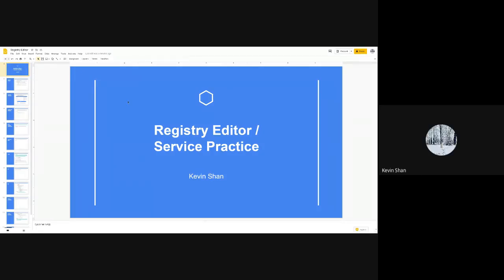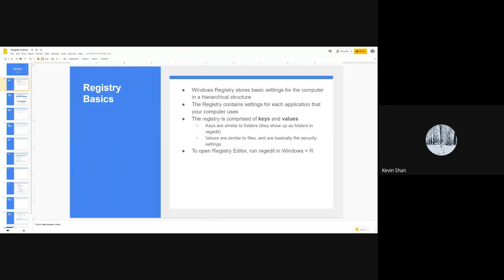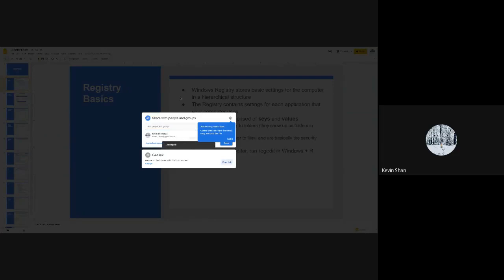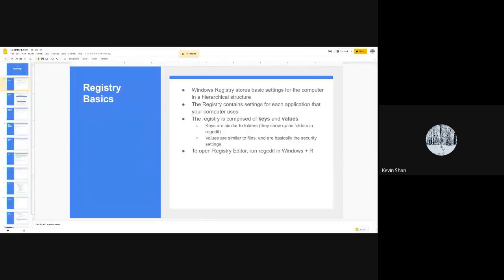Okay, so today I'm gonna briefly gloss over Registry Editor, and then we're gonna go over some service practice. So the Windows Registry is a system that stores the basic settings for the computer. Oh, I should share this presentation first. Okay, so the registry is basically a system that stores a bunch of low-level settings for the Windows computer, and